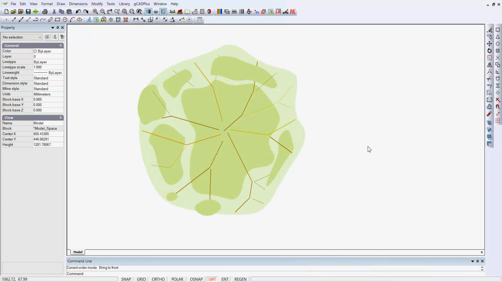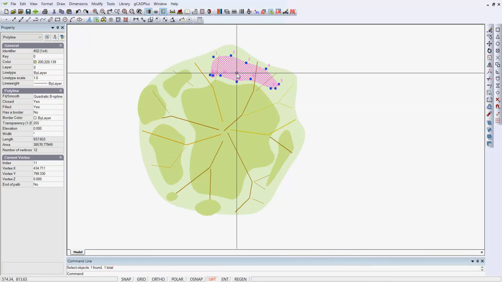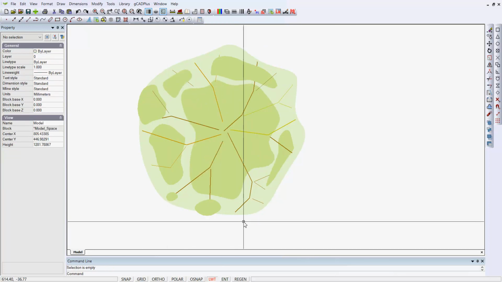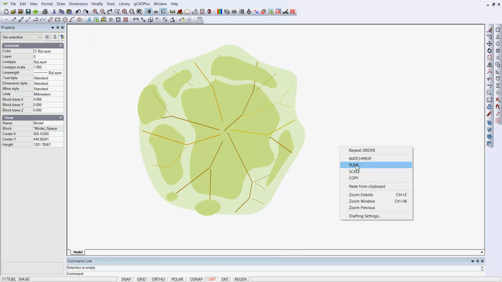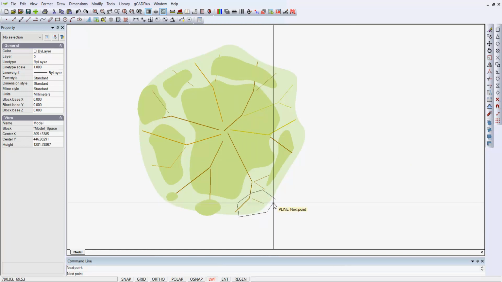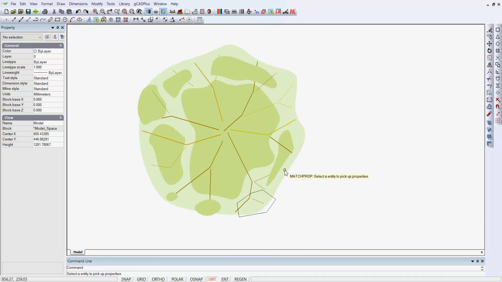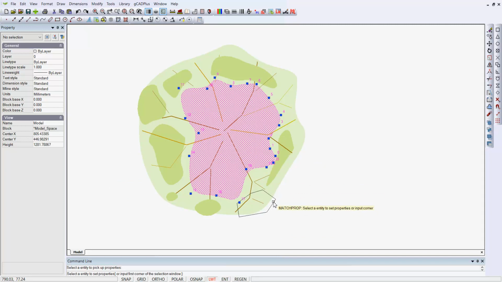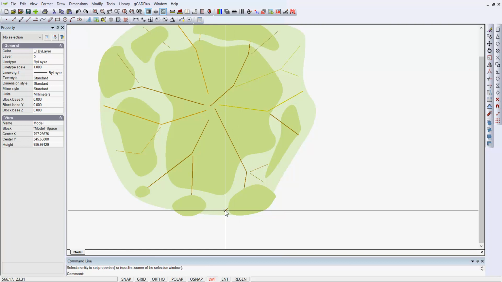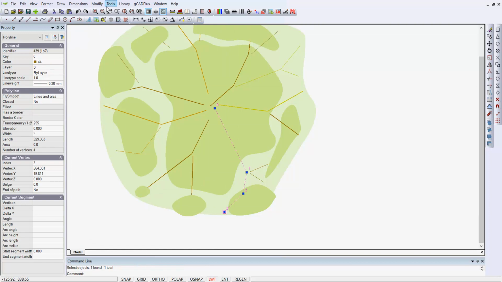So I've added a little more decoration to our symbol. I've used a series of polylines, drawn them in, matched their properties up so that they sit. Let me just draw one more, and I'll draw it through this area here, come out a little and close it. Then I'll use the Match Properties tool to pick up the properties of that one and match it to this one here. I might want to bring that line there to the front,